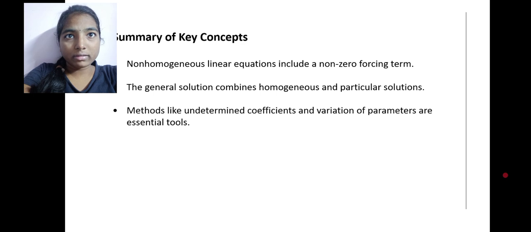What about the summary? The summary of the key concepts of this topic. Non-homogeneous linear equations include a non-zero forcing term, and the general solution combines homogeneous and particular solutions, and methods like undetermined coefficients and variation of parameters are